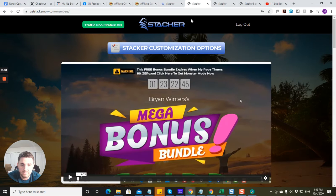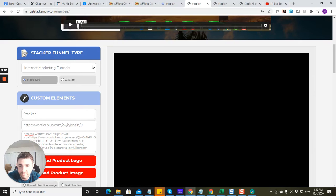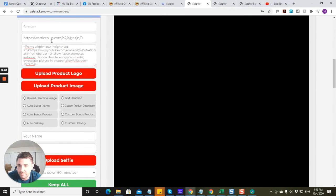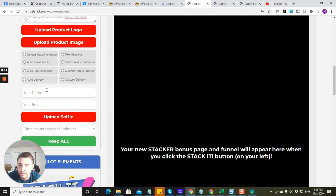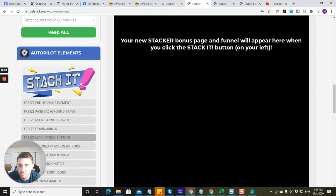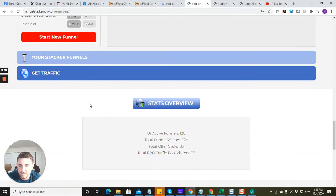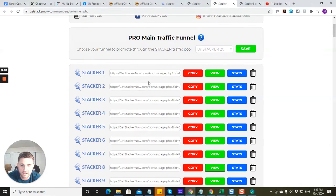Now I'm just going to duck back inside the members area of Stacker, where you can actually build pages. The functionality is actually pretty good. Here you can update the product logo, you can upload image headlines if you wanted to. You'll get all the functionality. You can do custom delivery bonuses, auto delivery, upload selfies of yourself, countdown timers, you keep them all. You don't have to select any of these. You can just choose what you want for how your pages will look, and then you go into Stacker funnels, and once you start a new funnel,